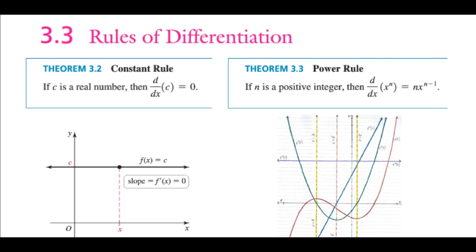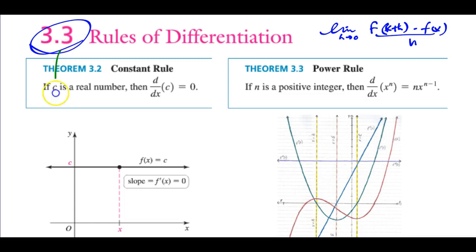So remember in sections 3.1 and 3.2, you need to demonstrate your content knowledge by doing the limit process. The limit of the function of f of x plus h minus f of x all over h. I will be testing you to see if you can do that process and find the derivative, but if they don't ask for the limit process, let's do it the shortcut way, section 3.3, and then throughout the rest of the book. So the first thing you need to know is that the derivative of a constant is 0,